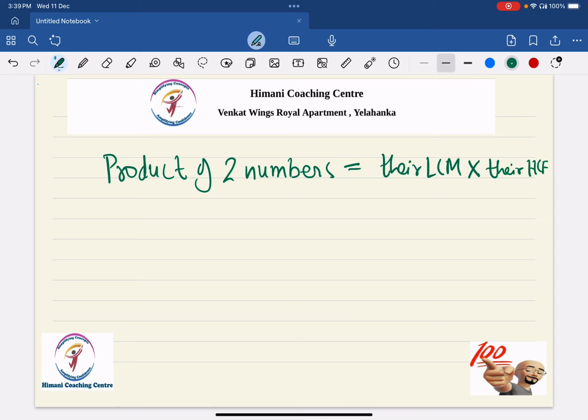Okay, so this is the rule, and basis this rule there are some questions given to you. Write down this rule, and before we go to the next part, let us understand